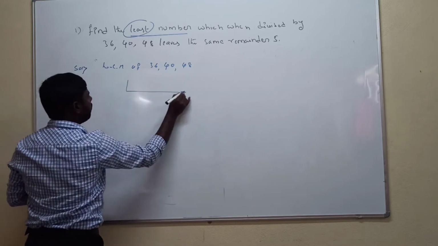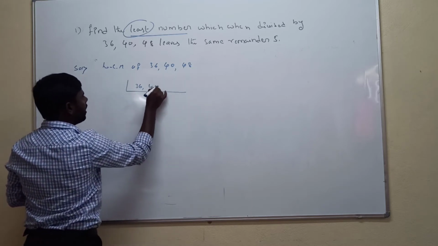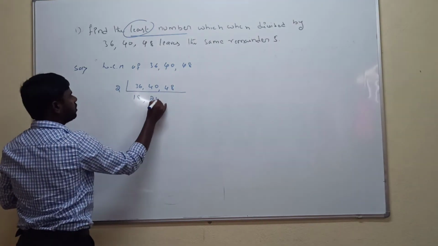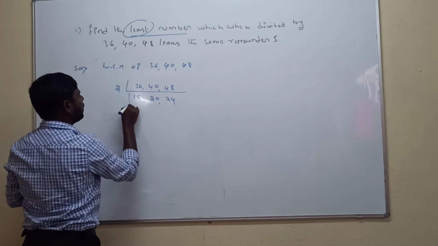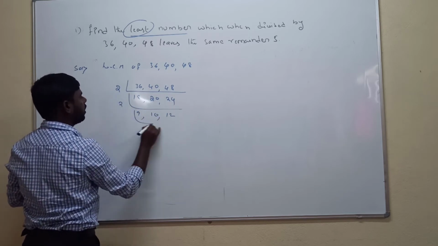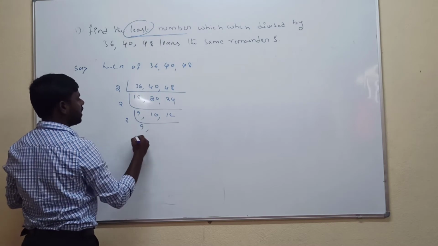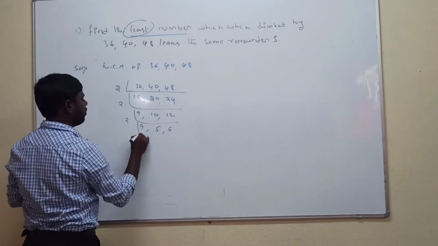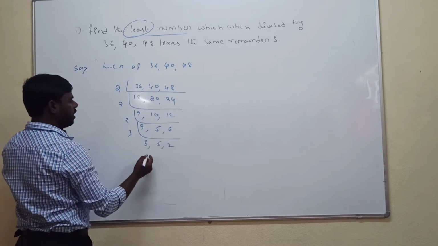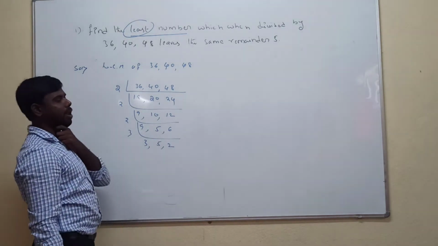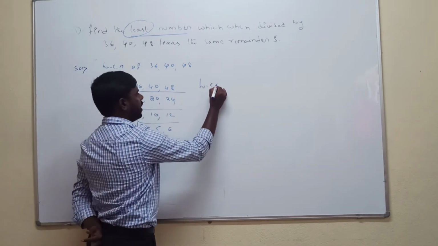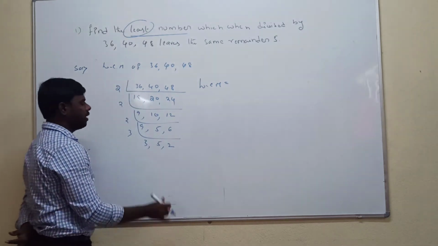So what is the condition? Divide the given numbers by a prime number. 2 18s are 36, 2 20s are 40, 2 24s are 48. Again 2 9s are 18, 2 10s are 20, 2 12s are 24. Again 2 9s are 18, 2 5s are 10, 2 6s are 12. 9 is not even, 9 as it is. 2 5s, 2 6s. 3 we can take, 3 3s are 9, 5 as it is, 3 2s are 6. Here the remainders are all prime numbers. Then stop the division. So LCM is equal to the product of all the divisors and the remaining remainders.